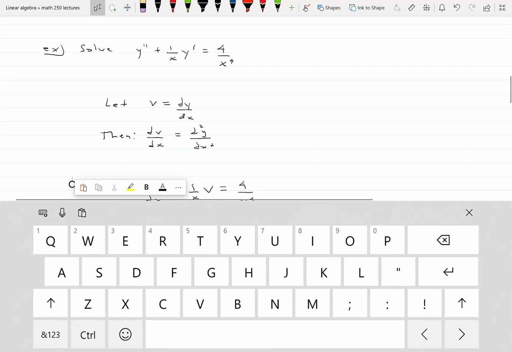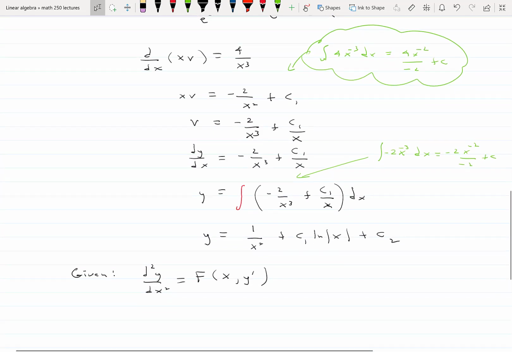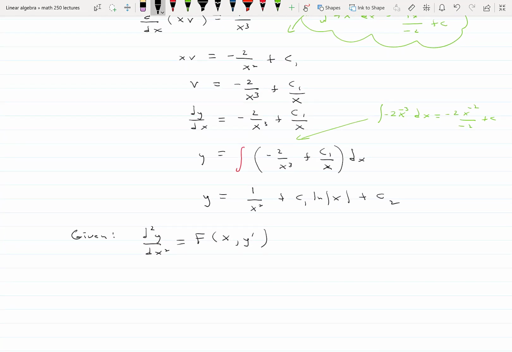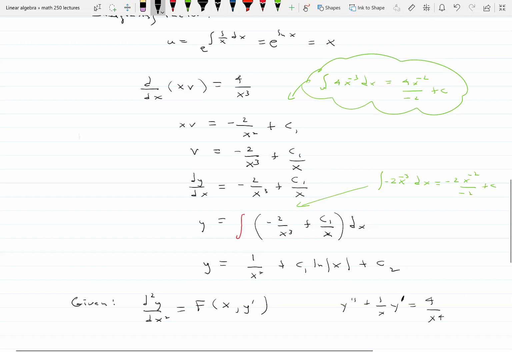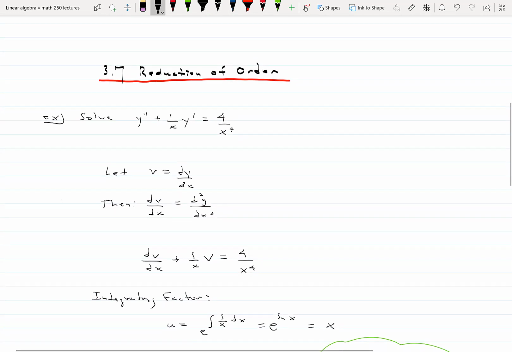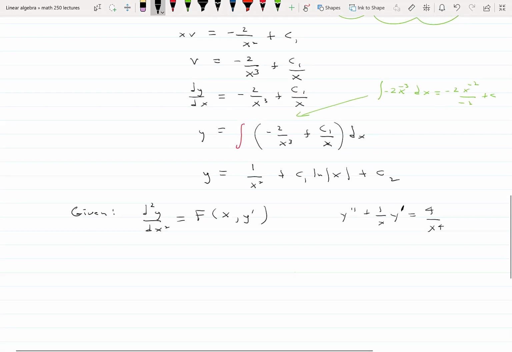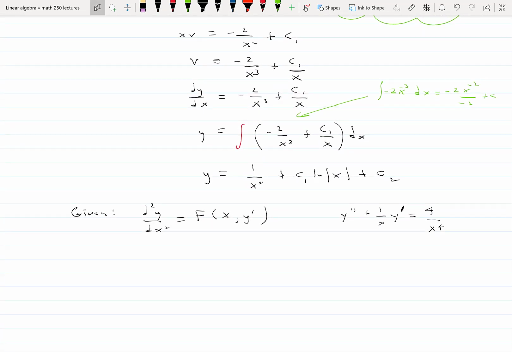So we were given the differential equation y double prime plus 1 over x y prime equals 4 over x to the 4th. That was our original differential equation. Let me check it just to make sure. Yeah. Okay. So if you were to solve for y double prime, it would be a function of only x